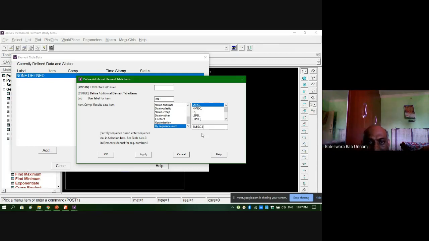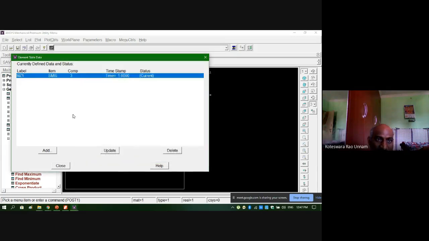Why do I have to do it like this? To get that particular bending moment, you have to use only these variables, then only it will give it to us. In the software, it has been defined like that. If you open the Help document and element output definitions, they will give you this data: what sequence number you need to use, what the corresponding number is, SMISC, and then you need to enter 3 here. Then click OK. Automatically that is added here.